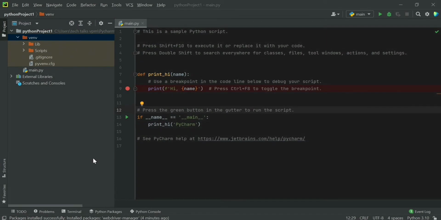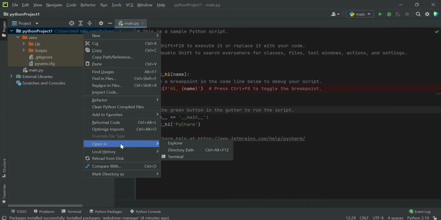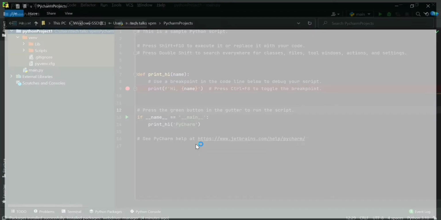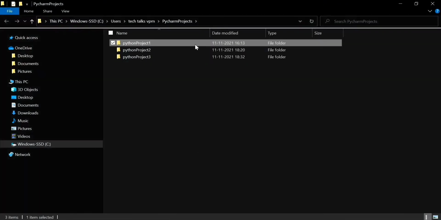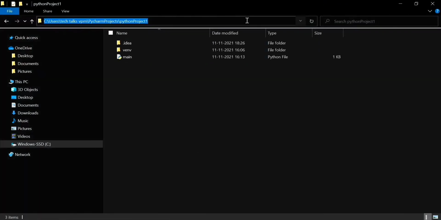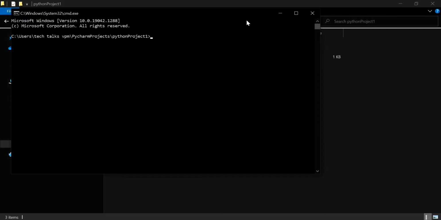Now let's go to the important part of this video: how to create the virtual environment folder in our project directory from the command prompt. For that, I'm going to the project folder structure and opening the command prompt from there. Now you can use a particular command to create the virtual environment folder. Just type python -m venv env. You can give any name for this folder; I just gave env.